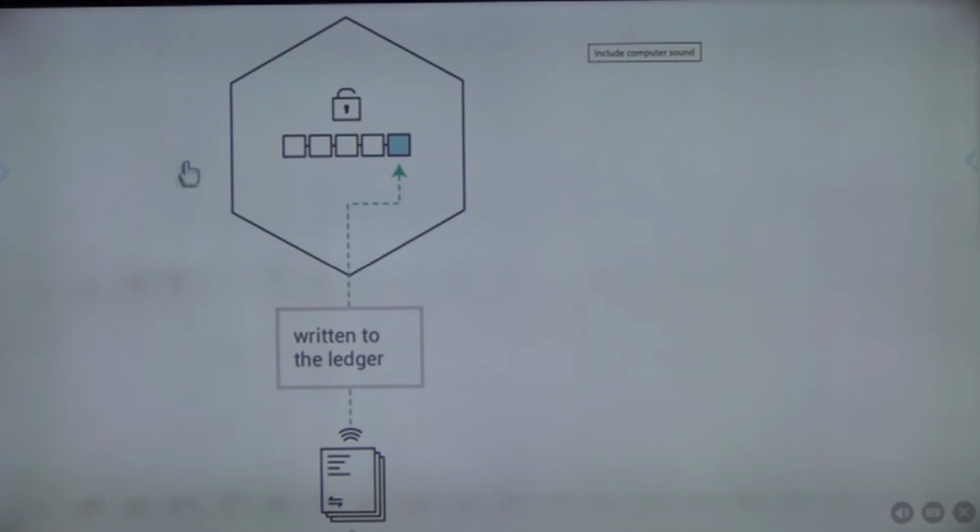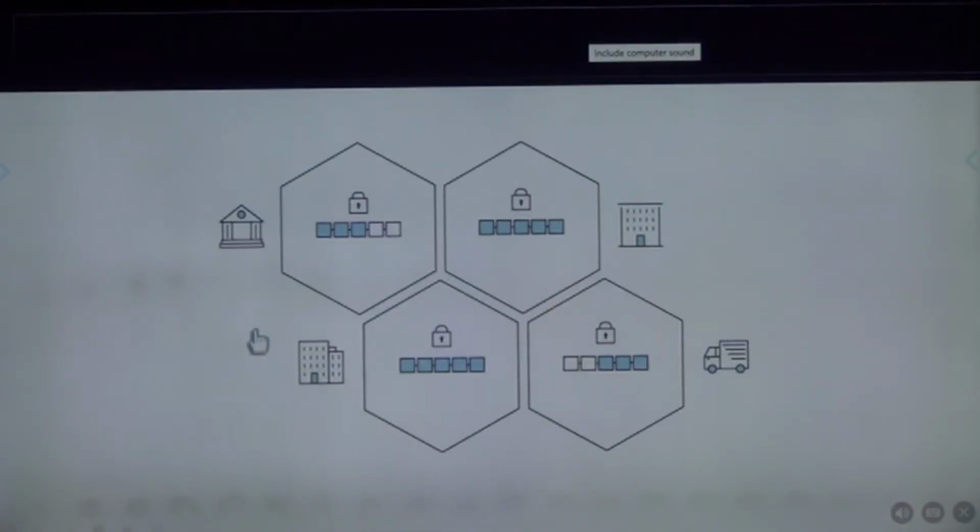Now we know that these are the transcripts which have been issued to different students at different times, and we can always go and traverse to see to whom we have issued them. Okay, and we know everybody in the offices has a copy of the ledger. This is why it is a distributed ledger.